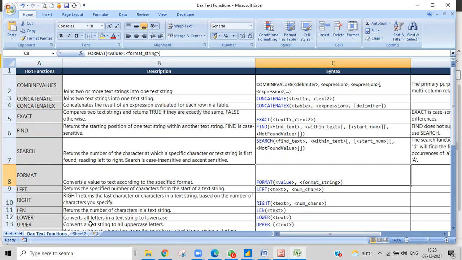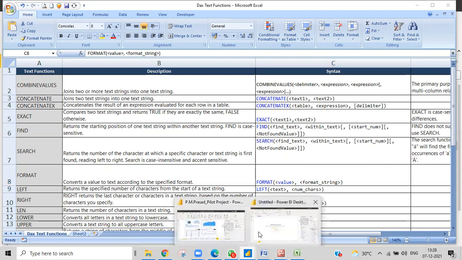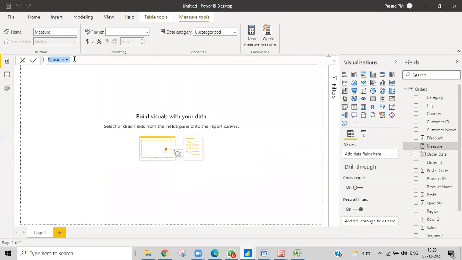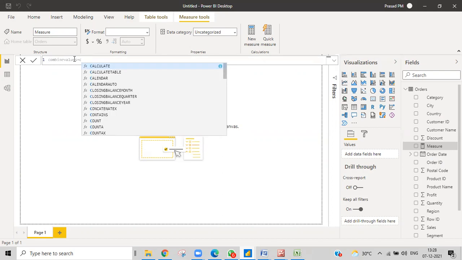If you have any doubt at any point, you can ask me and I'll let you know. I'll create a measure with the name COMBINEVALUES. You can give any name, but I'll use the same name so that you can understand while you practice. Then I write the function COMBINEVALUES.